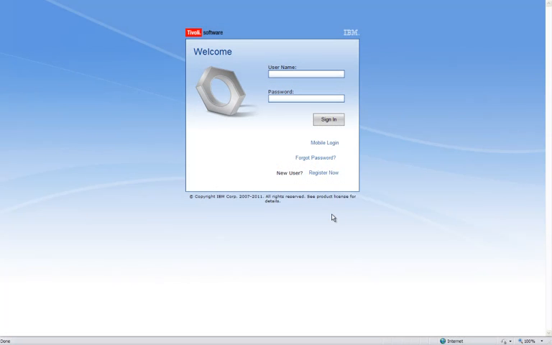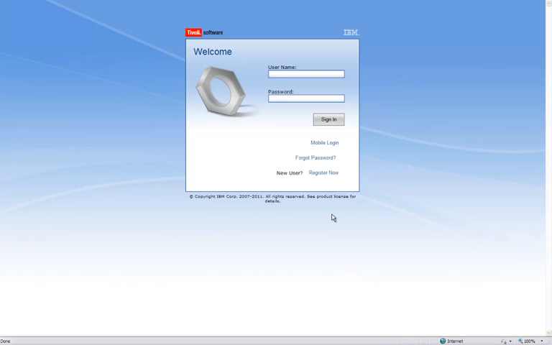During this demonstration, we will show you how a service desk analyst can quickly resolve a service request by searching the knowledge base and finding a predefined solution. We will also show how a service desk analyst can link a new service request to an existing global incident. Finally, we will show how a service desk analyst can open a new incident when an existing solution or global